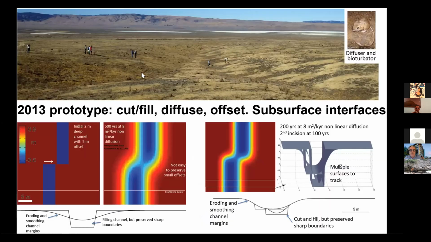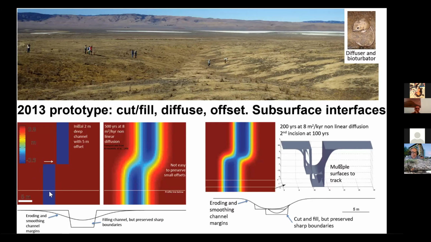This is a view of one of these channels; the San Andreas would be right behind us. And this is a place where there's a very vigorous diffuser and bioturbator, an endangered species, this little kangaroo rat. These guys dig and they transport a lot of material, which really drives a change in the landscape. And so one of the things I worked on early was to say, well, let's look at